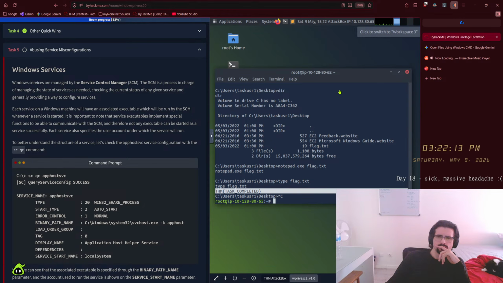Windows Privilege Escalation. Windows services are managed by the Service Control Manager, SCM. The SCM is a process in charge of managing the state of services as needed, checking the current status of any given service, and generally providing a way to configure services. Each service on a Windows machine will have an associated executable, which will be run by the SCM whenever a service is started. It is important to note that service executables implement special functions to be